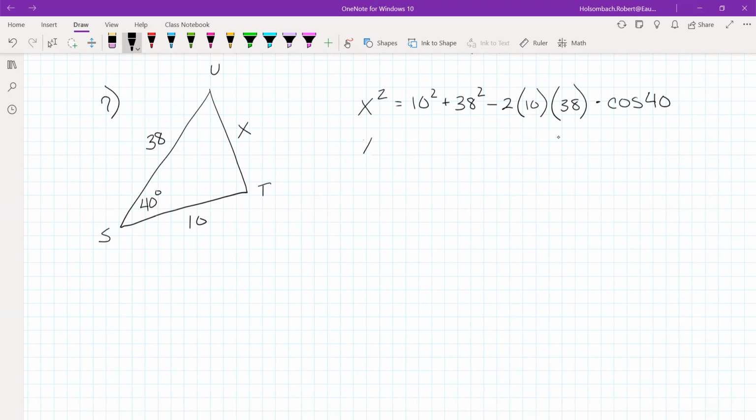So our x squared is equal to, I'm going to go 10 squared plus 38 squared equals 1544 minus